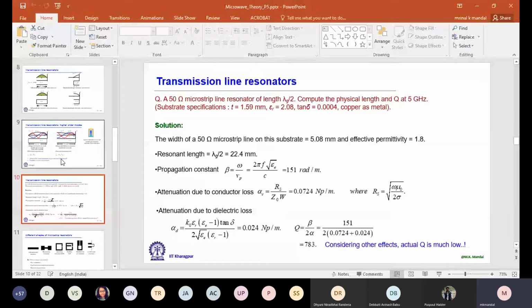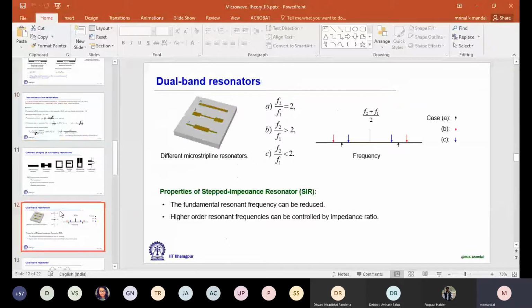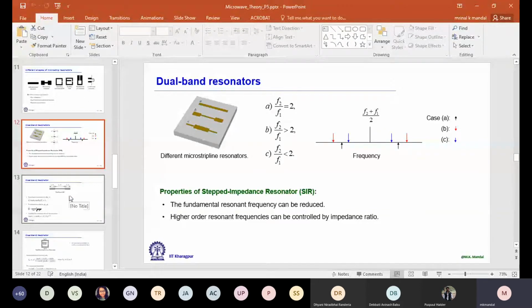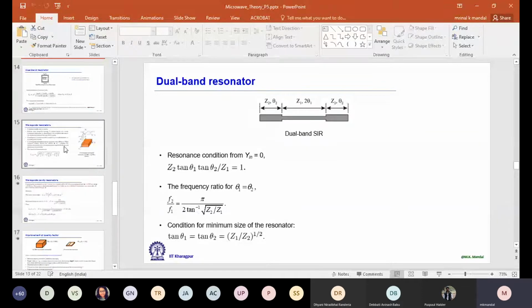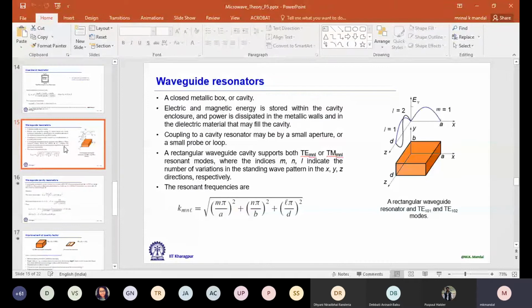So by considering the input impedance, basically. If it is open circuited, then Y in should be 0. So putting that, we can find the relationship for resonance, and specifically we considered a step impedance resonator, and we discussed the relationship. After the transmission line resonator, we discussed the rectangular cavity resonator, waveguide based, and